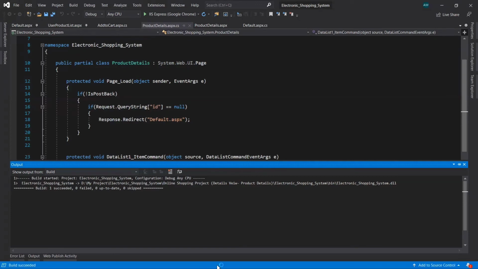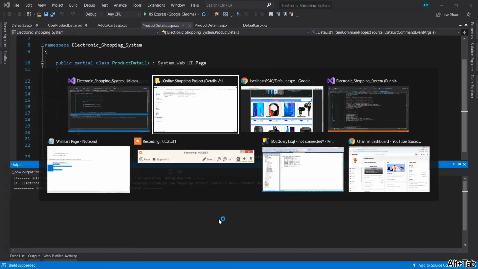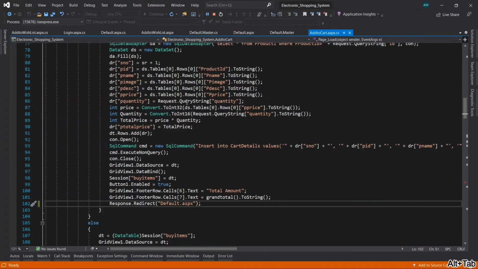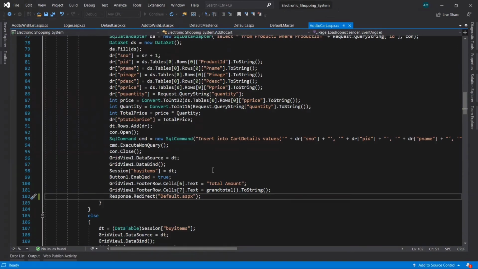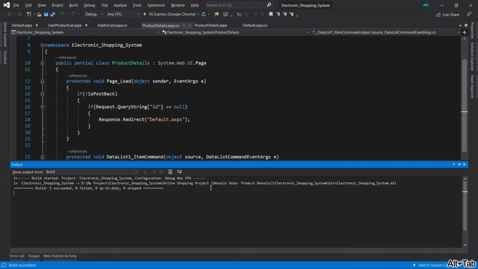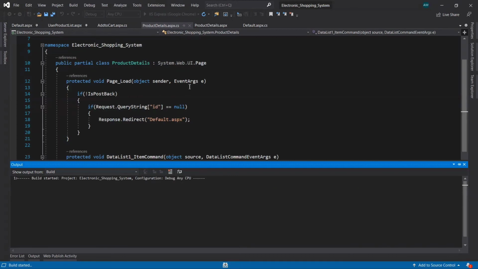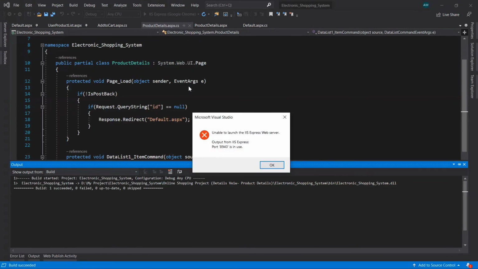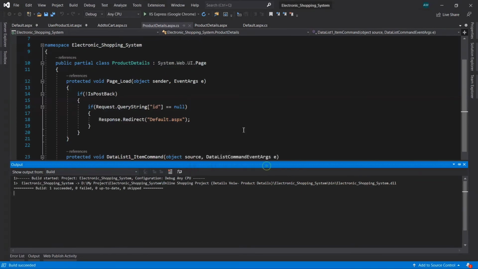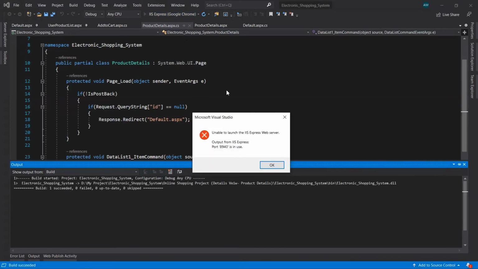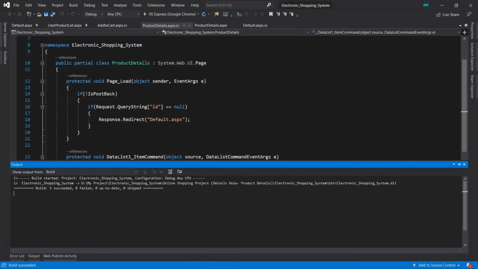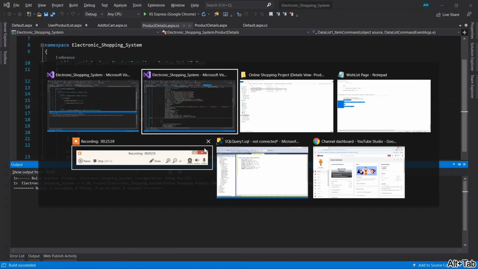Okay, so we need to stop the previous Visual Studio run in the browser. Now let's run this project in the browser. It's saying something, okay, so I have to close that Visual Studio.